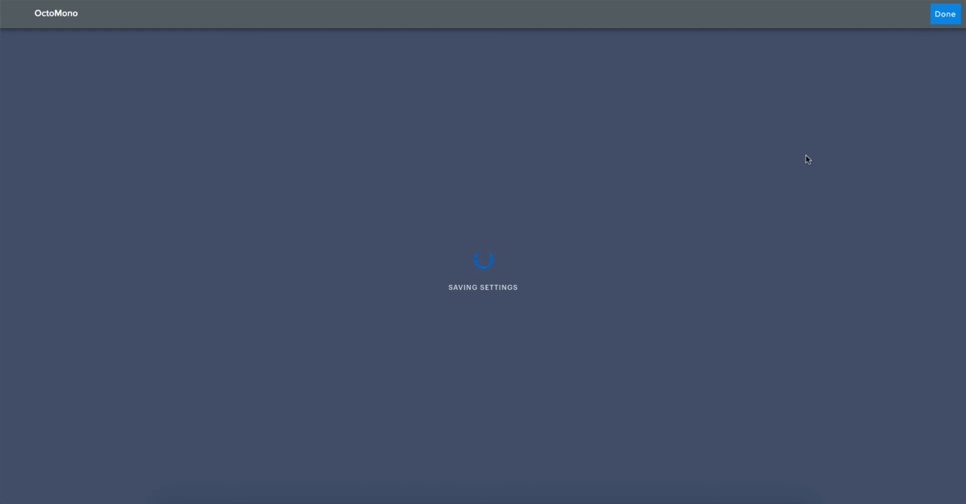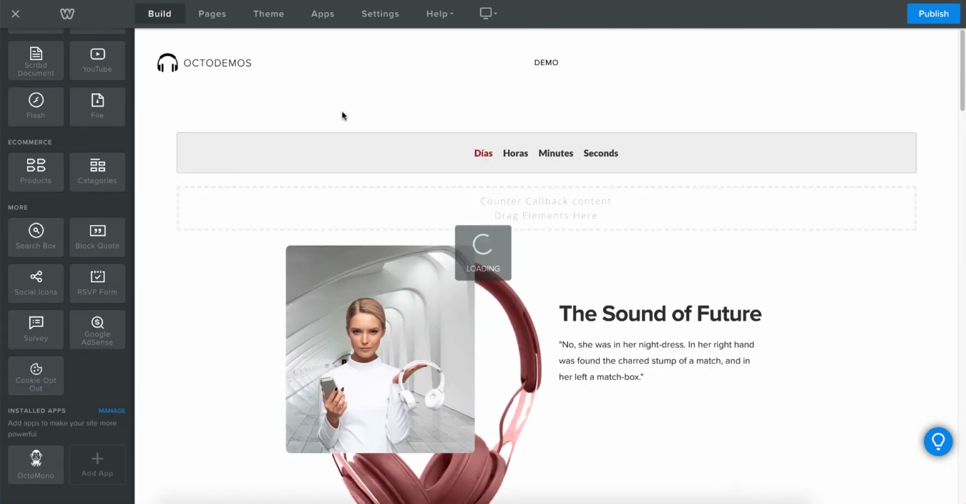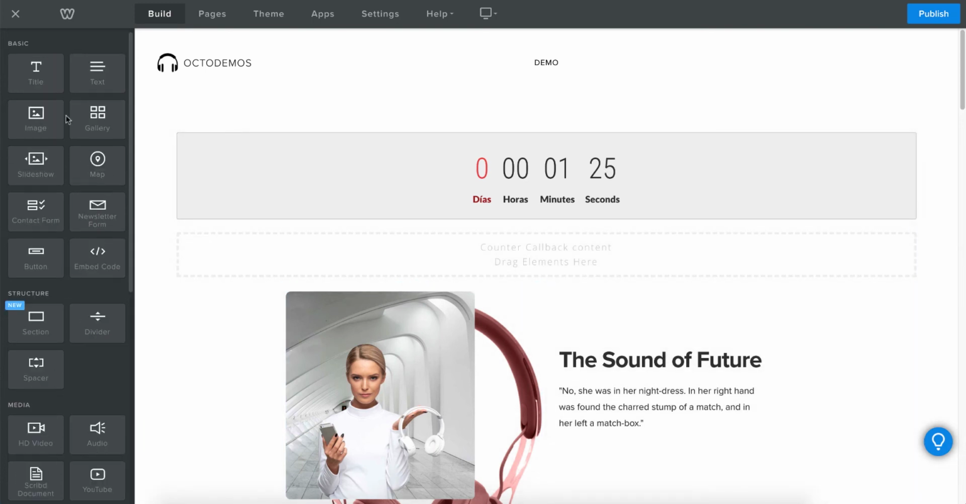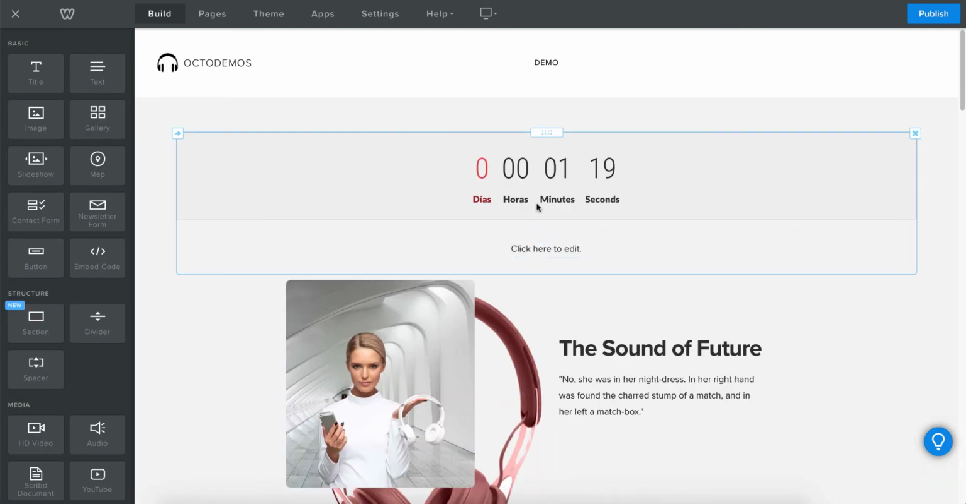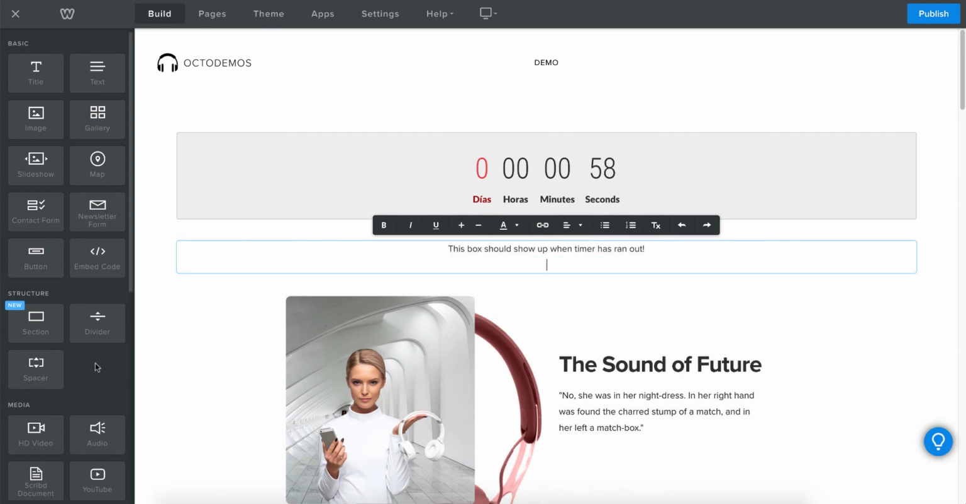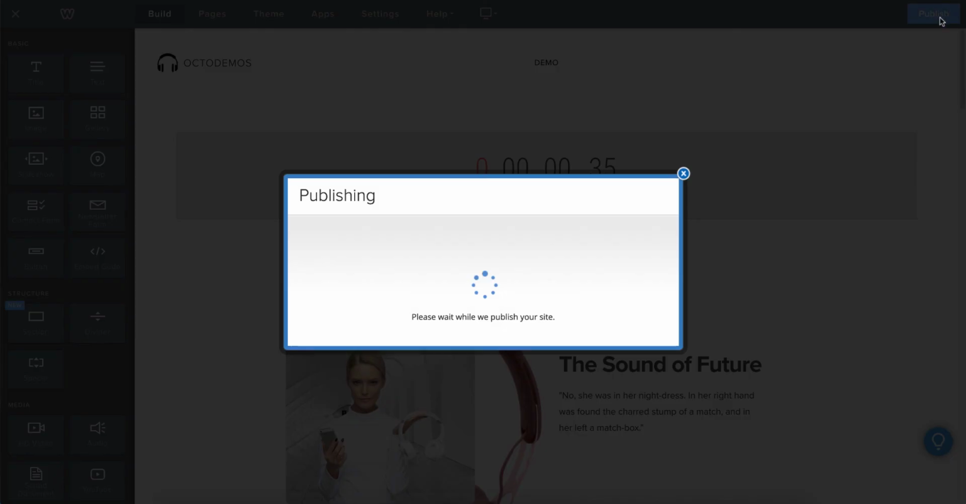So now going back to our Weebly editor, we should see a preview of our timer. The timer won't be working right here, but you can see that our callback box is visible right here. So let's include some text, for example, here. And we can say something like, this box should show up when timer has ran out, something like that. Have some time left. So let's publish our site